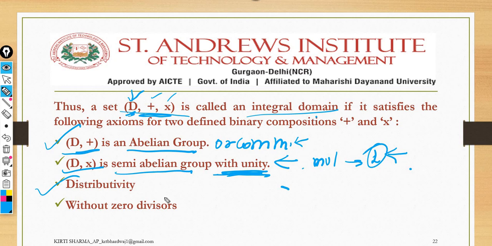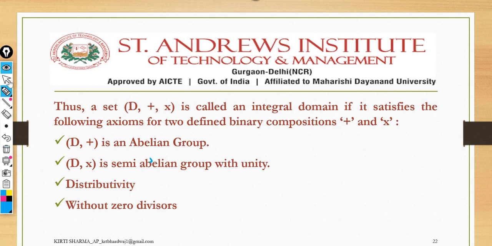Next thing, it should be distributive, because if it is not distributive, it will not be the ring itself. If it is not the ring, then how could you define it as an integral domain? So it's important to satisfy the condition of ring as well. Okay, so along with the integral property, three properties, commutative, unity, and without zero divisor, it is important to satisfy the condition of distributivity also, because it includes the conditions for the ring itself, right? So these are the properties that are important to cover here.